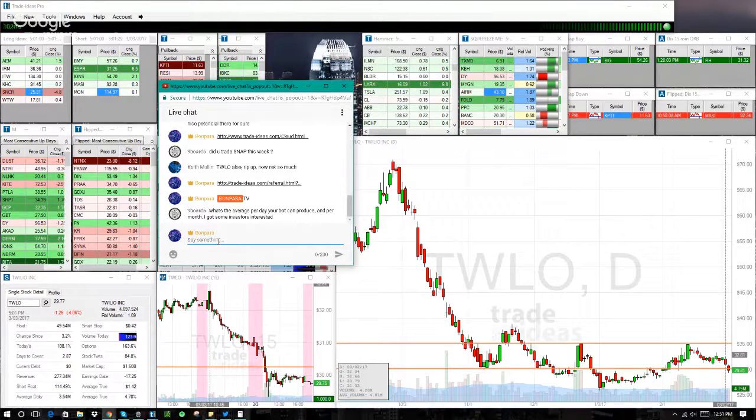Question: what's the average per day your bot can produce per month? Well, that's all strategy dependent, right? In theory, unlimited. Scalability, if you're looking at outside investors, you'd have to take a look at liquidity rates of stuff that you're trading, that type of thing. But it's all about what strategies you put into it, and